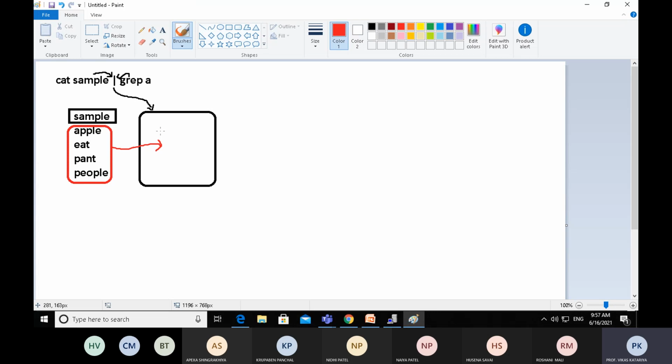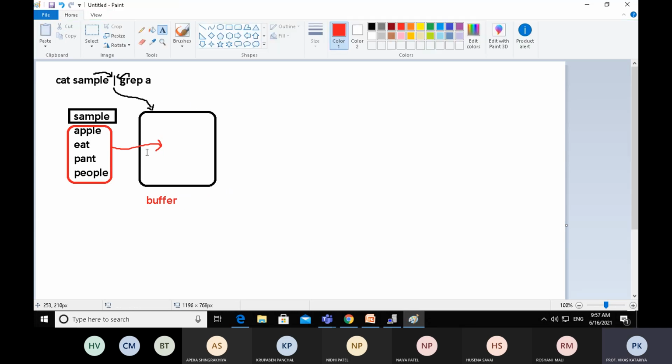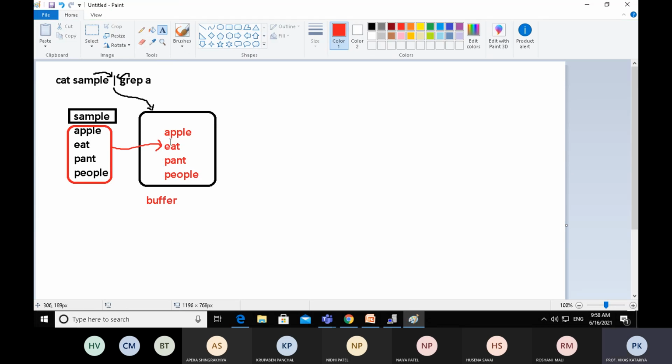Now the grep command will take input from the buffer. This is the buffer which contains apple, eat, pant, people. Just understand it is a buffer and all those contents are written here: apple, eat, pant, and people.